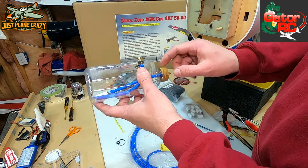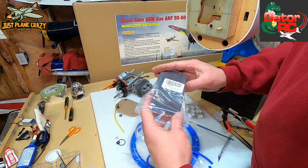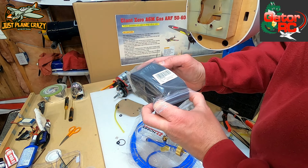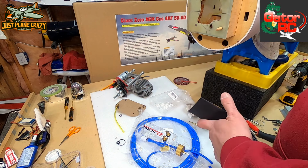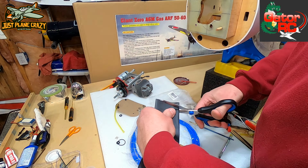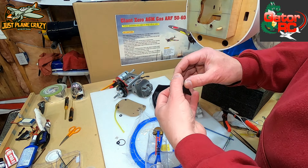Now, here's the other secret for this portion of the seal. Now, this is 3-inch wide, 1.5, 3.1, yeah, heat shrink. So this is 3 inches heat shrink. We're going to take a piece of this and we're going to cut it. You don't need a ton, maybe about 3/4 of an inch. And we're going to take it,